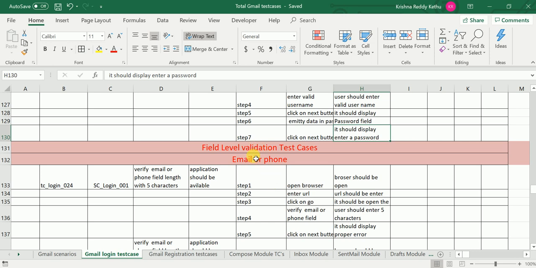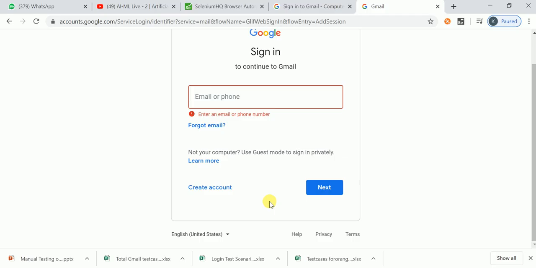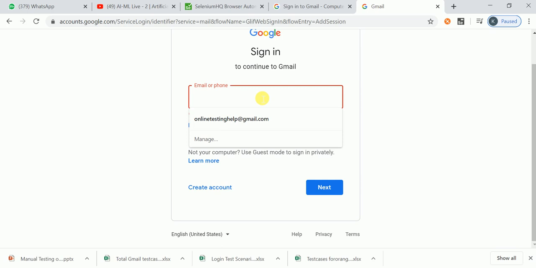Okay, fine. Next, the last one is the field level validation test case. Field level validation means, let me take this text field. What is the maximum length it is allowing? The client will provide that in the requirement document. What is the minimum number of characters? What is the maximum number of characters it will allow? What type of data will it allow: alphabets, numerics, special characters? All of this the client will give in the requirement document. So based on the requirement document, we have to write the field level validation.